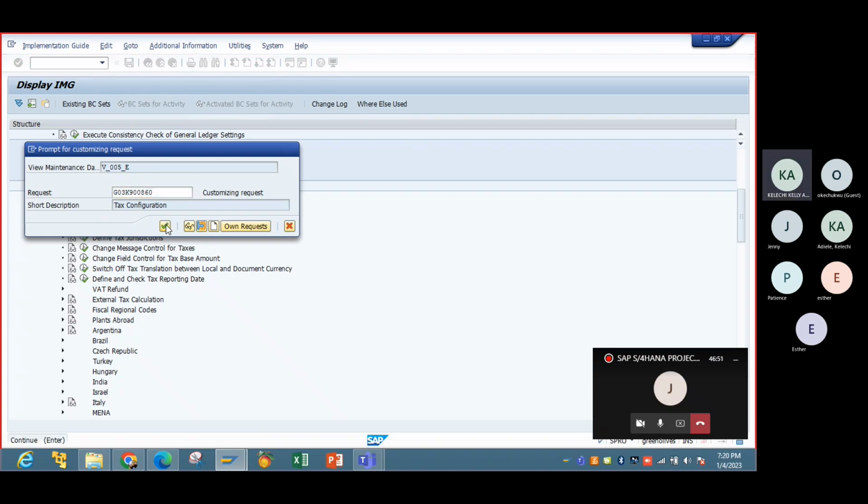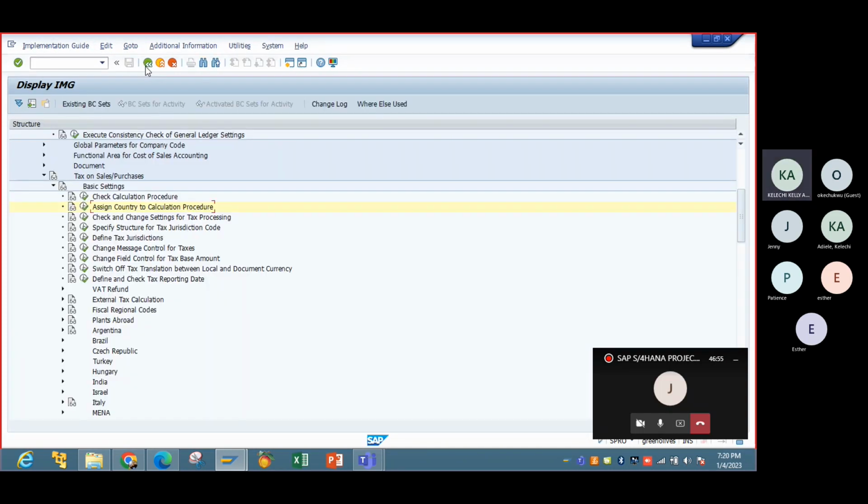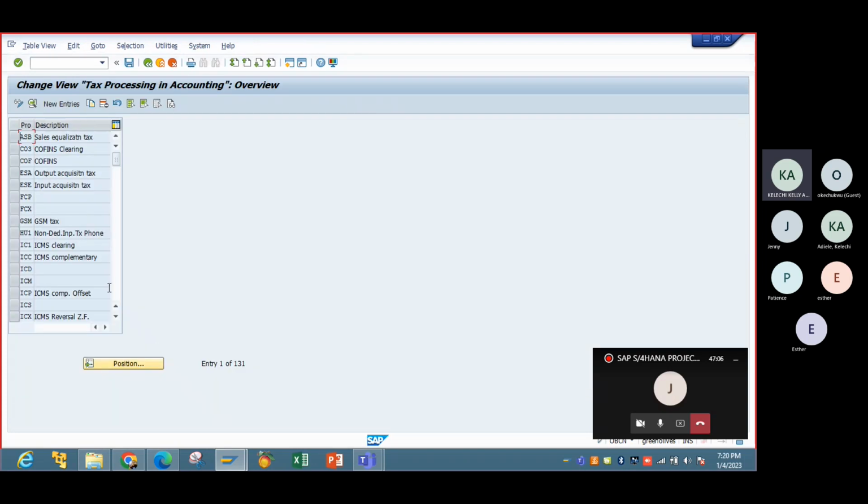And still under tax configuration, so it's fine. So here we can also check, we have done with the second process. We can just check the changes that can happen. So for the procedure, I think these are the MWS, these are the various procedures,